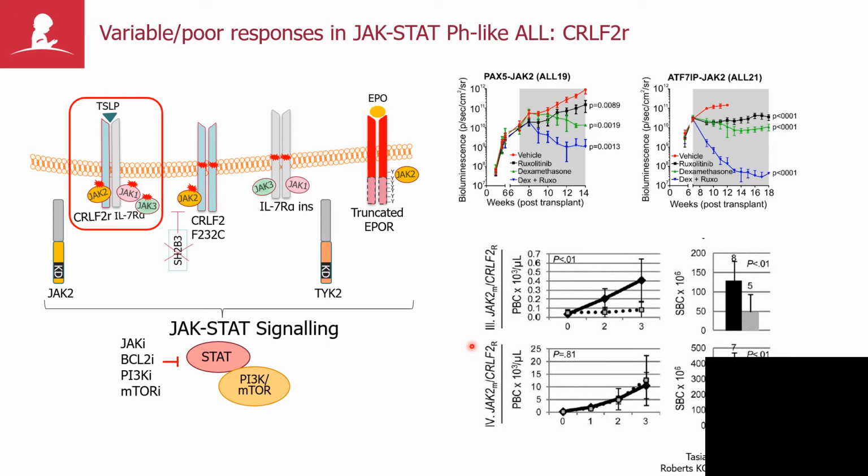There are now quite impressive data from a number of series showing efficacy of ABL class inhibition in ABL class PH-like ALL, but much poorer response data for ruxolitinib, the type 1 JAK inhibitor, in JAK-STAT-driven ALL. And so new therapeutic combinations or approaches are needed. Some of these include combinatorial treatment between JAK inhibitors and PI3K inhibitors, treatment with JAK inhibitors and BCL2 inhibitors, or directly targeting the CRLF2 receptor itself, for example, with CRLF2 directed CAR T cell therapy.